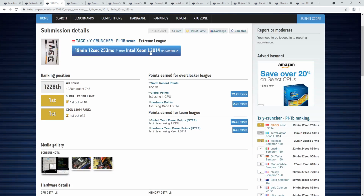This is the fastest single-core CPU ever made, mostly because we don't make single-core CPUs anymore. They're not a thing. Actually, there's also the Sempron 145, a single-core Sempron CPU that's also, it's either this Xeon or a really good single-core Sempron. That's your best single-core CPU ever, because we just don't make single cores anymore. These don't make any sense for modern computers, but...